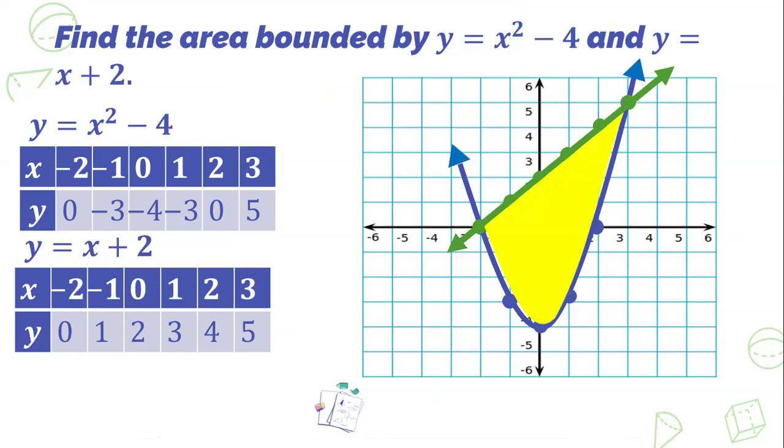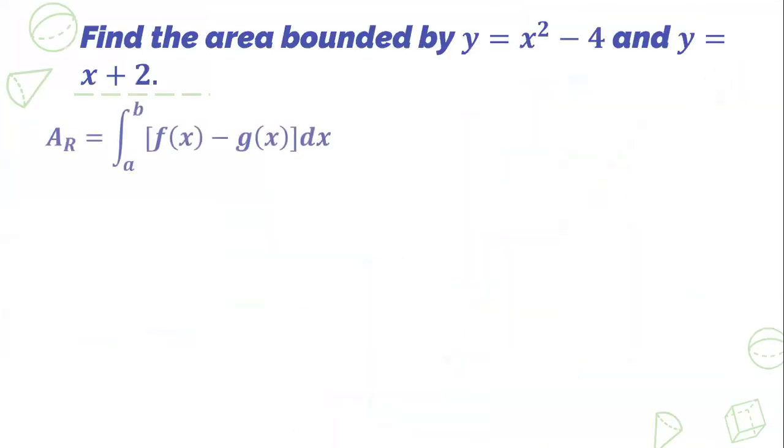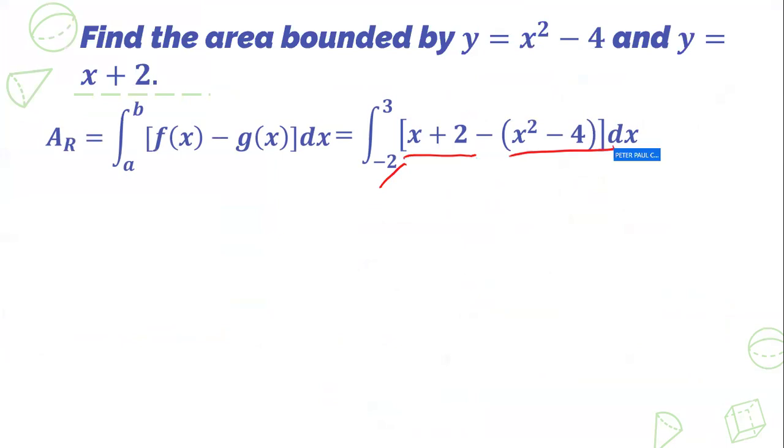So we want to know how many square units we have on that yellow part. And it's difficult to jigsaw such a curve. So we don't know, it's not exact, so it might be a decimal. Again, we determine which is the top function. So our f of x is the top function, which is x plus 2. And obviously, our bottom function is x squared minus 4. So always use that formula, the integral from a to b, the top minus the bottom function based on the graph. So we follow that process. We have the integral from negative 2 to 3, the top function minus the bottom function dx.